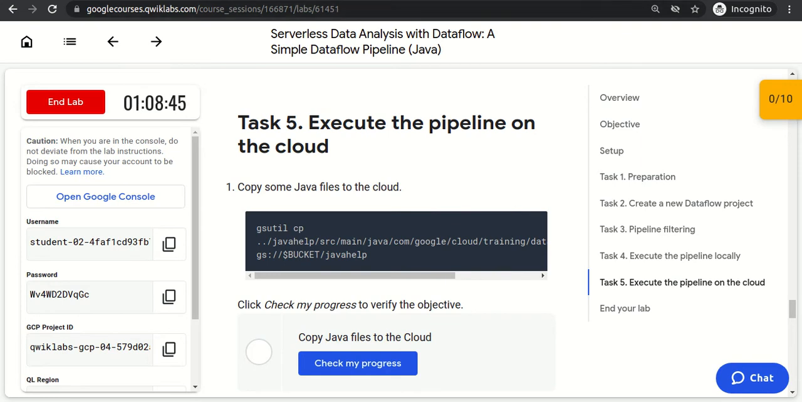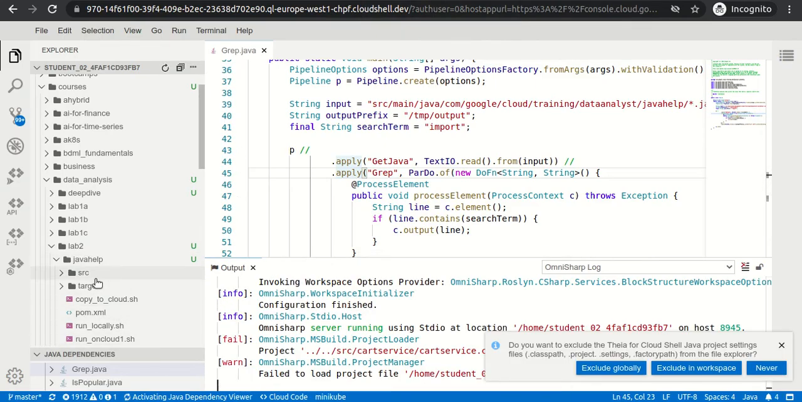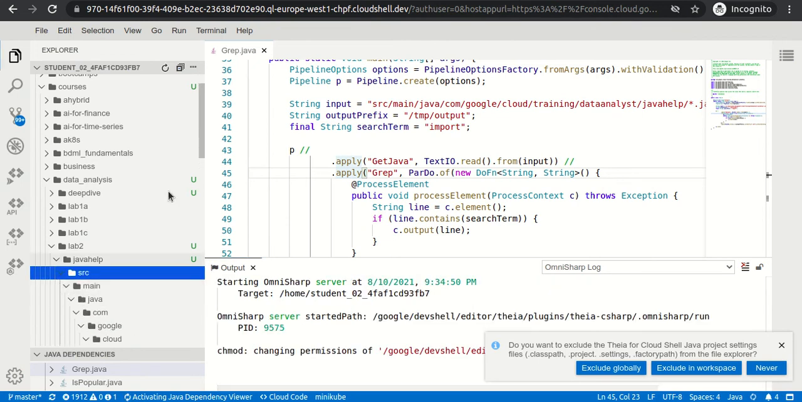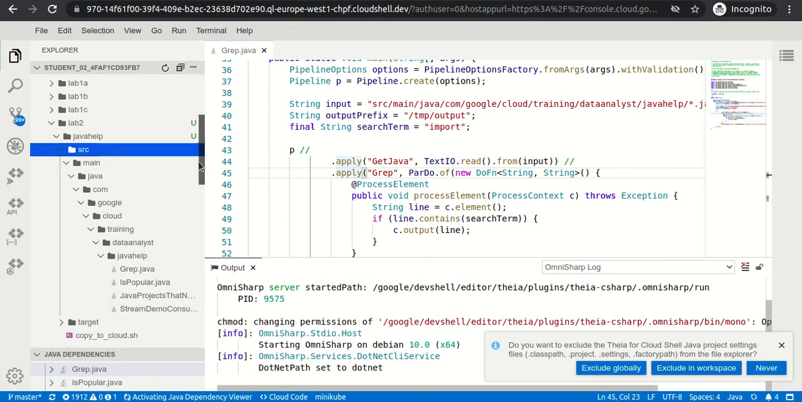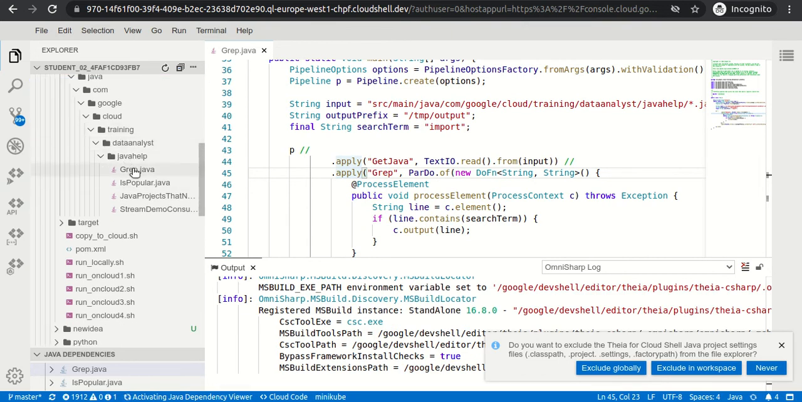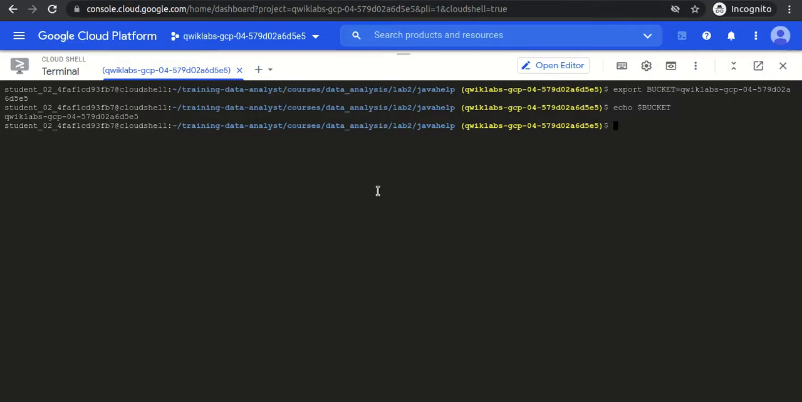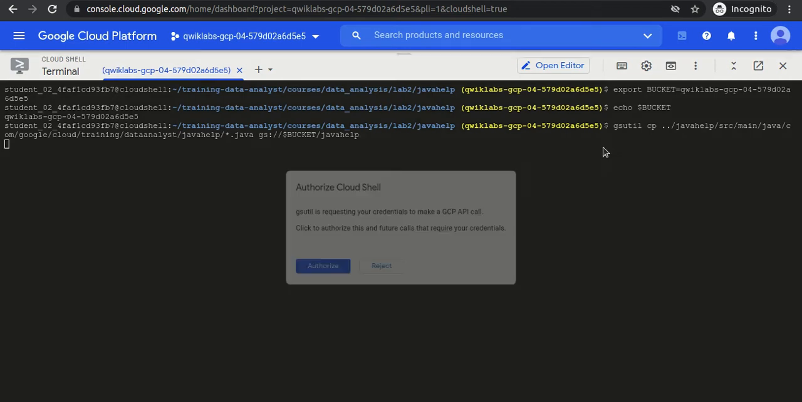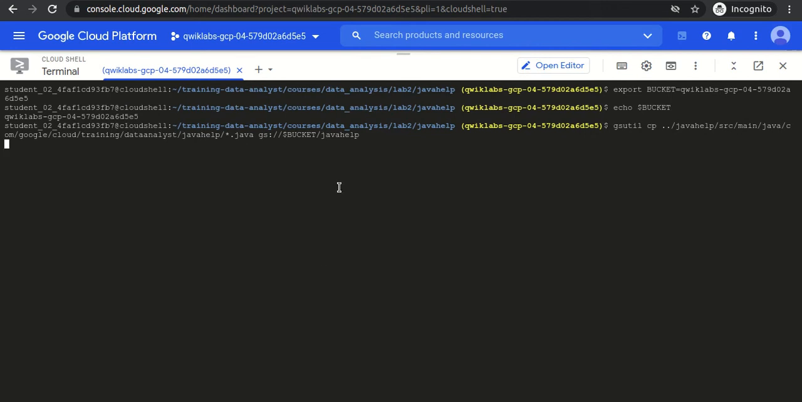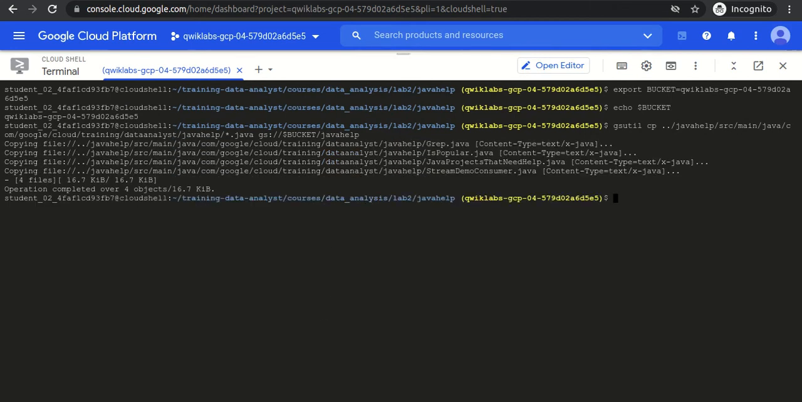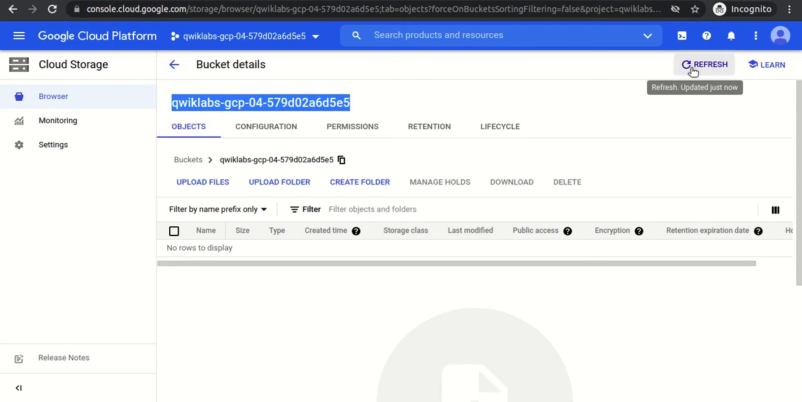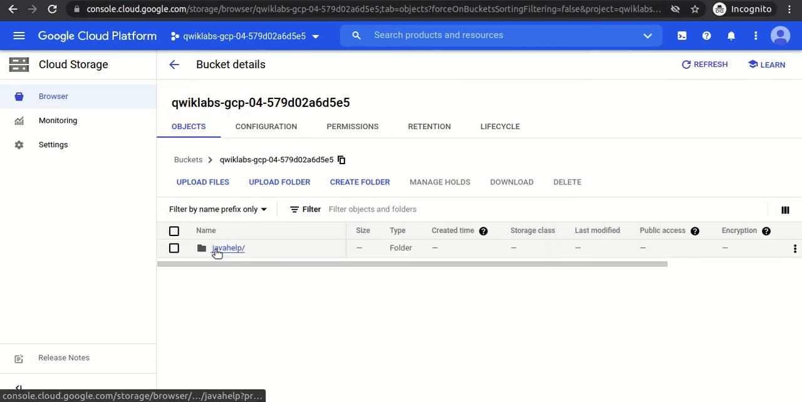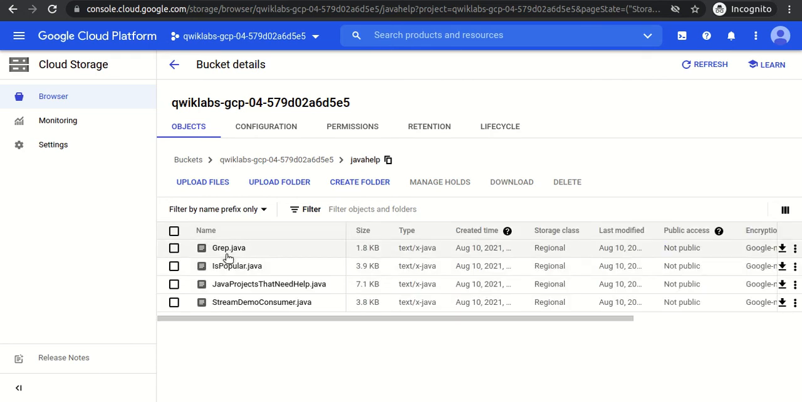It is a simple, normal command. Let me show you what I am actually doing. If I go to the source folder under main, Java help, I am copying these 4 files to the cloud environment, to the storage bucket. Let me hit enter. So the files get copied. Let me refresh the bucket. You could see the Java help folder has been created here, and the 4 files we can see here, the code and the